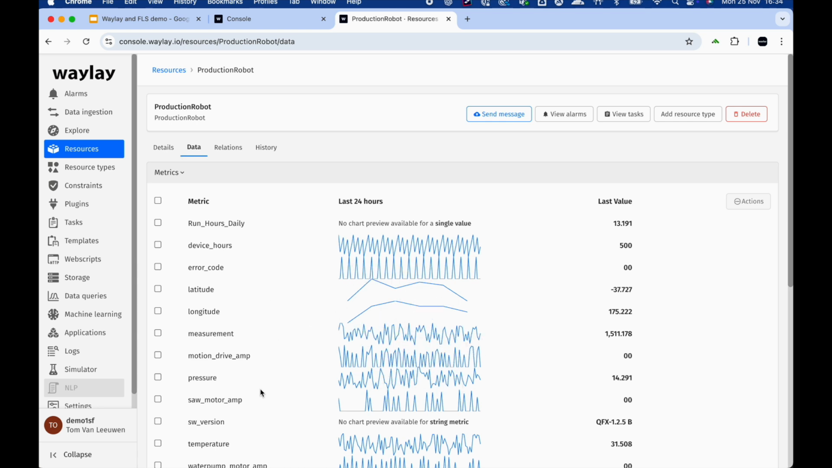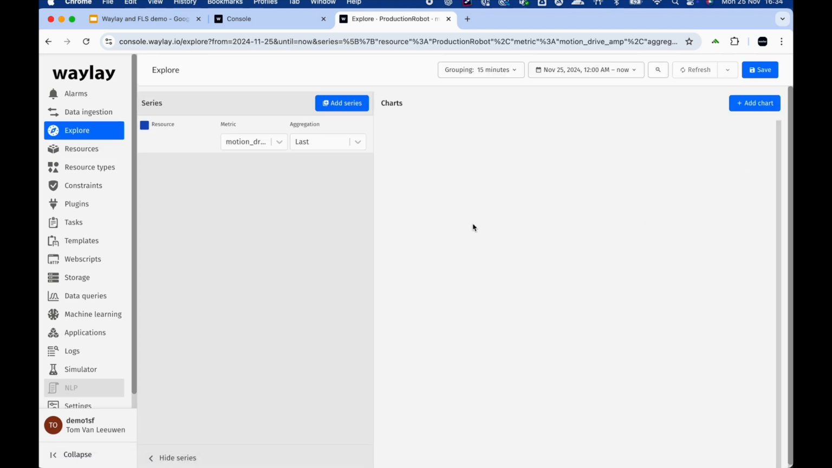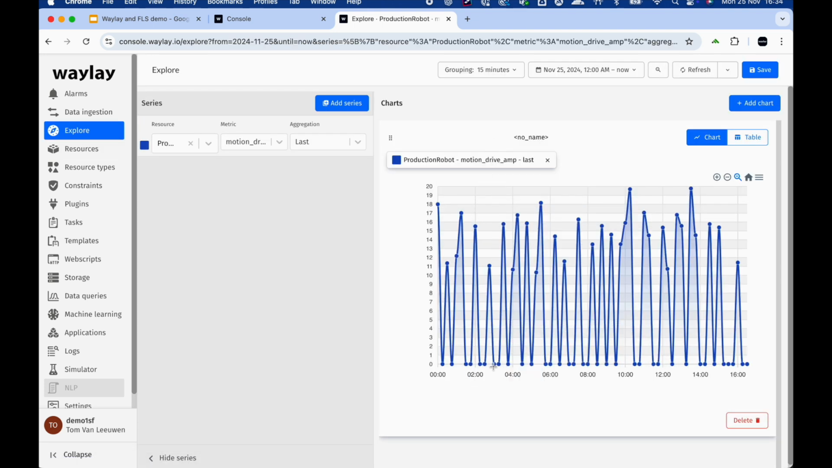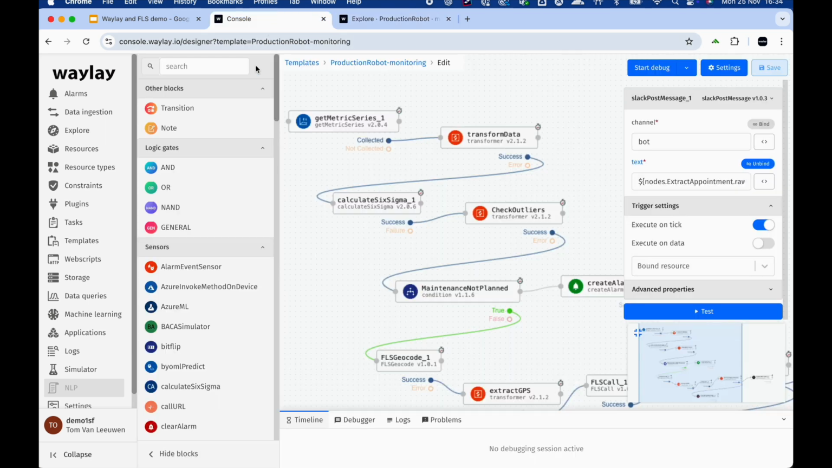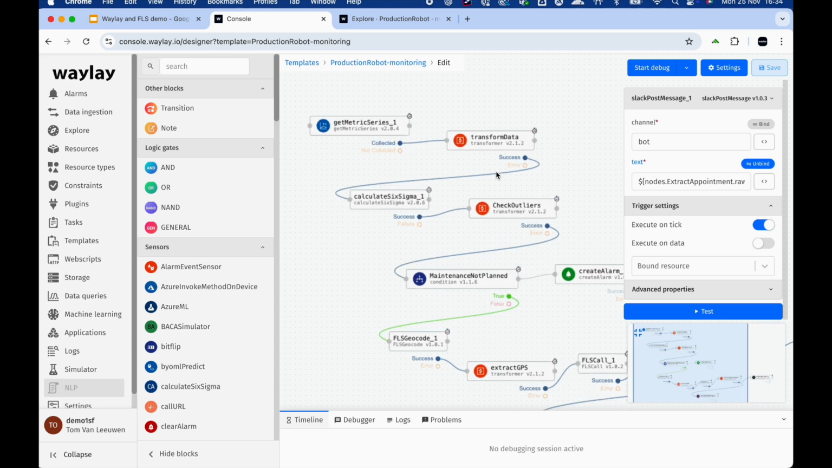So here we have a particular production robot whose data is coming in. And as you can see, the various telemetry that we receive. Specifically, we're going to focus on the motion drive current. So if we explore that, we're seeing that this motion drive current is currently behaving like this. And we will have a proactive monitoring rule that is basically monitoring the behavior of that motion drive current to